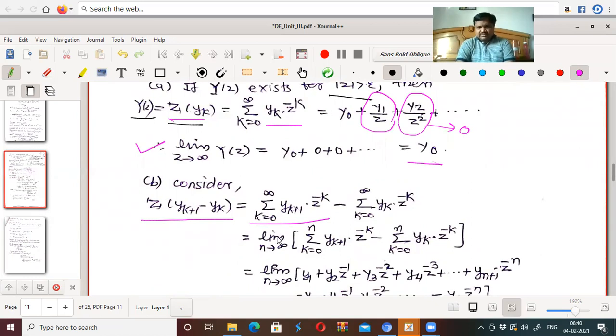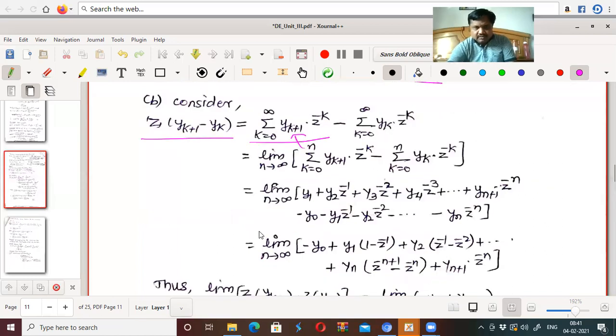Now, what are we saying? It is summation from k equal to 0 to infinity, and this is also summation from k equal to 0 to infinity. So what I will take is limit as n tends to infinity of summation from k equal to 0 to n, which will be the same as this one. So we are taking summation from k equal to 0 to n and n tends to infinity. It means that you are taking summation from k equal to 0 to infinity. So it is just a change: k from 0 to n, and then n approaches infinity.